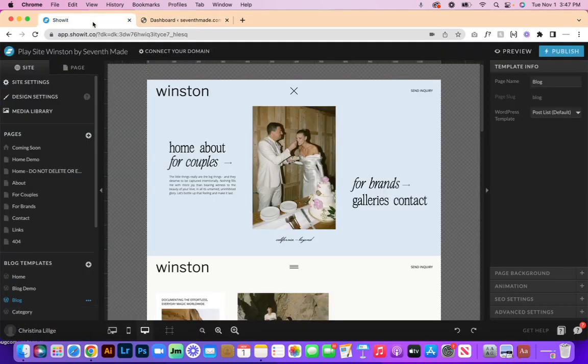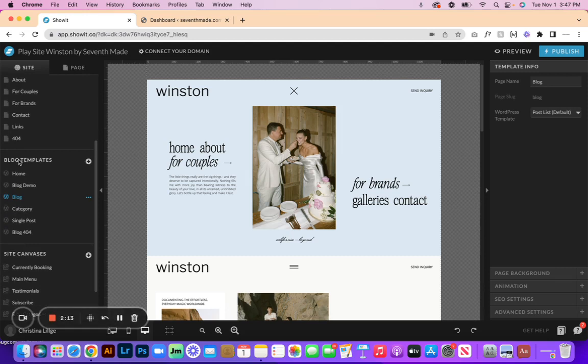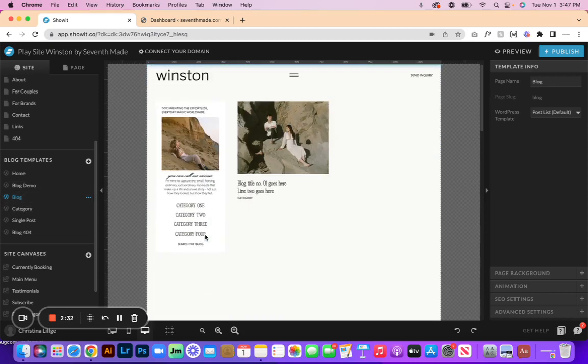Now, if we look in Showit, under our blog templates, we have home under blog templates because it has a featured blog section. The blog demo is just to show you what the blog will look like, but your official blog page is this one. And then we have a category page. This means when somebody on your blog page clicks your category, for example, if this was weddings, it will take them to the category page